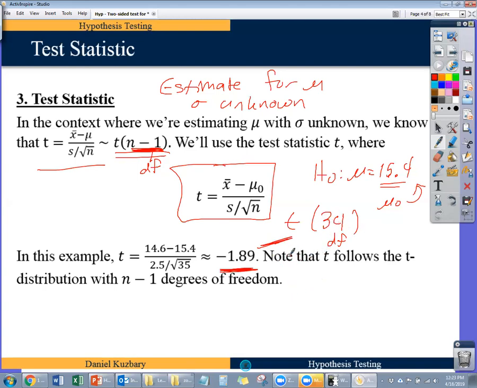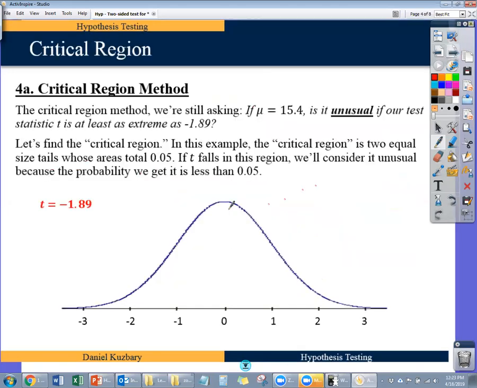So now when we move on to the critical region method or the p-value method, all the calculations we do are going to be with the t-distribution using 34 degrees of freedom. So let's start with the critical region method. We want to answer the question, if mu is really 15.4, meaning the weight didn't change since last year, if this is really true, is it unusual if our test statistic is at least as extreme as negative 1.89? And in the two-sided context, by extreme, we mean at least as small or large